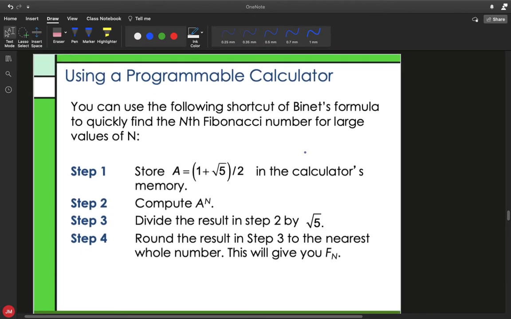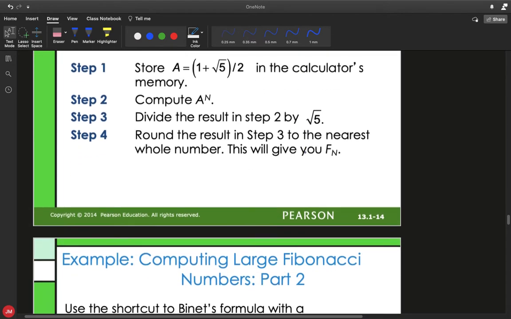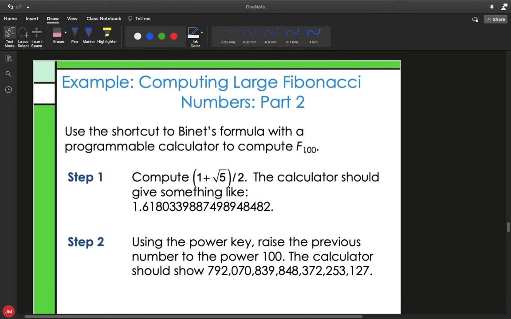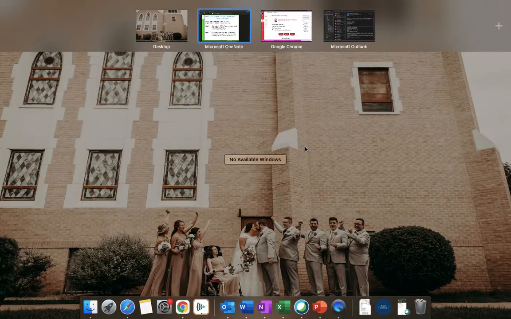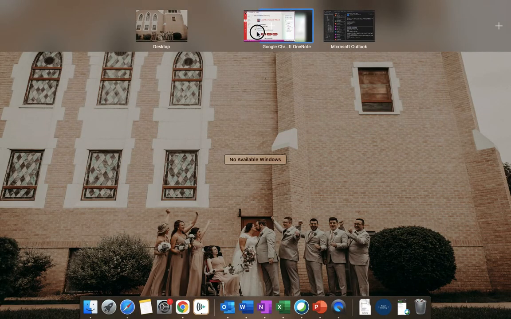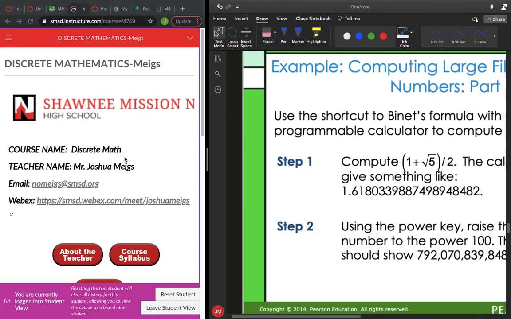So let's go ahead and use that right now. So again, we'll look at it for f sub 100. In order to do that, you're going to need a calculator that can handle some very, very big numbers. And in order to make that easy for you, I've gone ahead and included that as part of our class